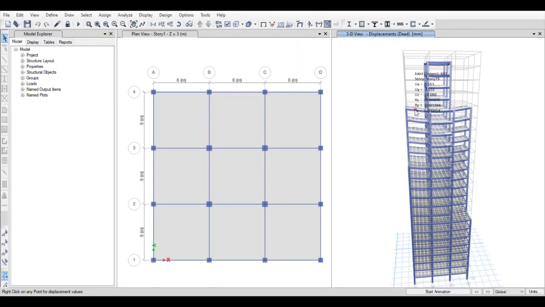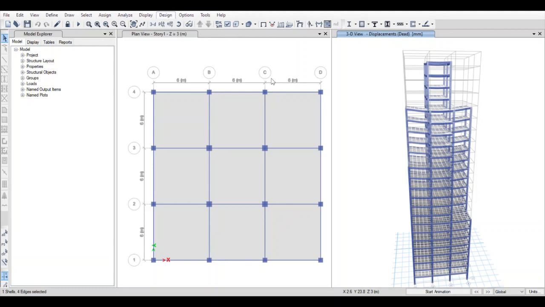Since our final aim is to design the building, go to concrete frame design, go to view and revise preferences, and see if the relevant IS code which we are supposed to follow is being followed. We are going to design the building as per IS 456-2000, and as we can see, it has been entered into the design code row. Now click OK. Again go to design, concrete frame design, and click on start design/check.